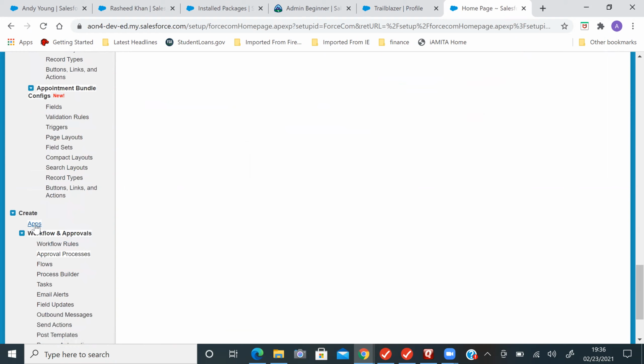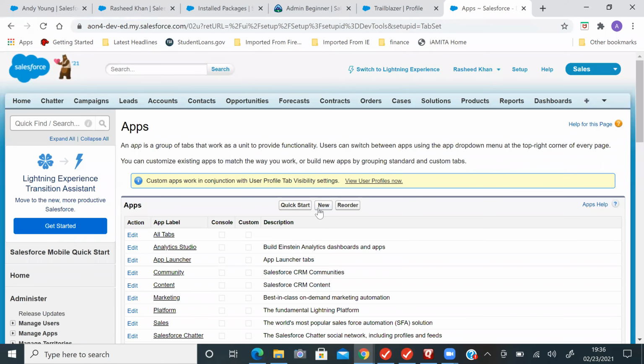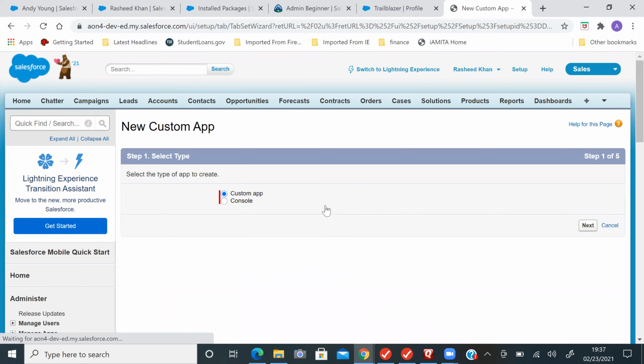Yeah, click on that. Yes, perfect. New. New custom app. Is this the console here then? The second option. The console is for development and all. Oh, okay. So we are mostly interested in the custom app.